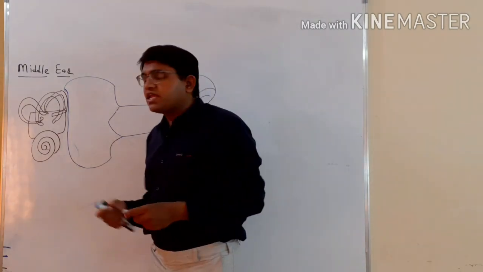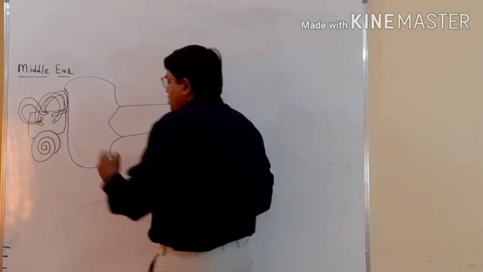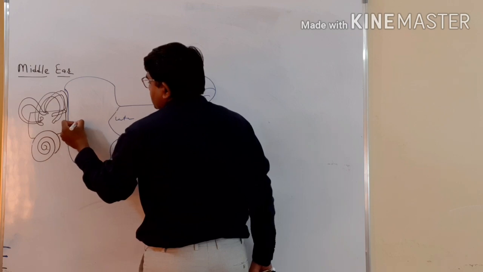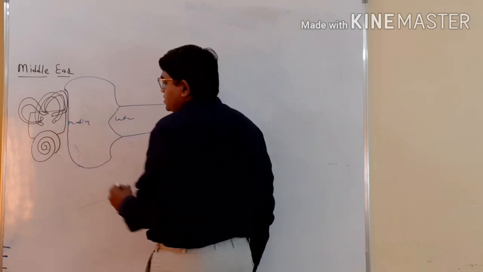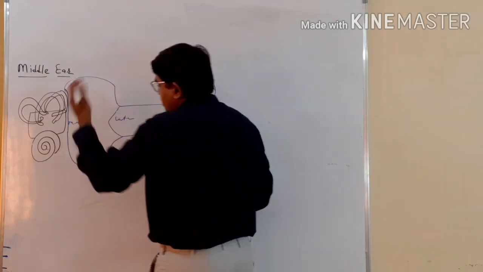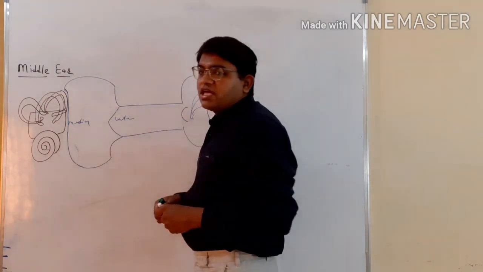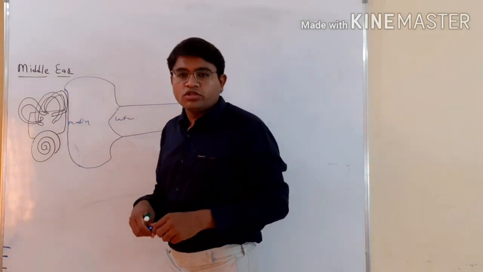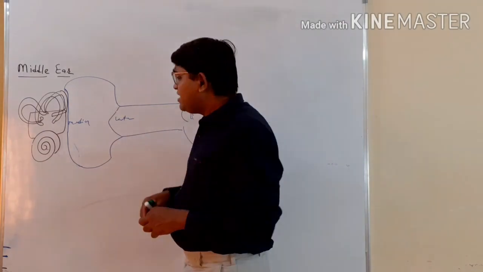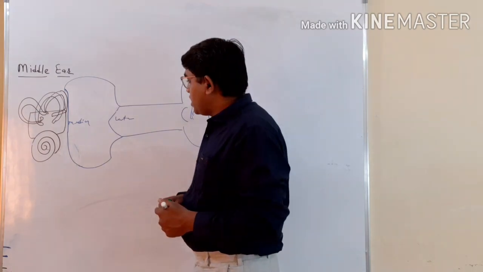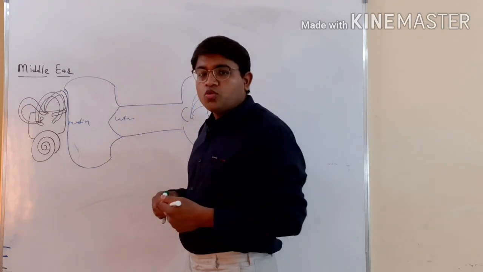So in this middle ear cavity, you can see both surfaces: its lateral surface and its medial surface. Both surfaces are concave in shape, and that's why the other surfaces of this cavity become much smaller than these two walls. Then the parts of the middle ear cavity. The middle ear cavity can be divided into two parts.